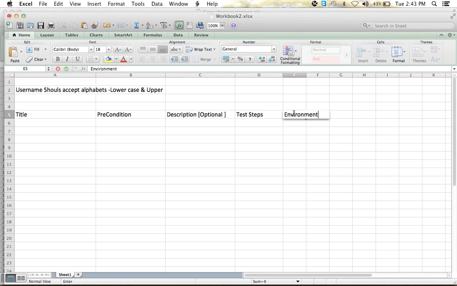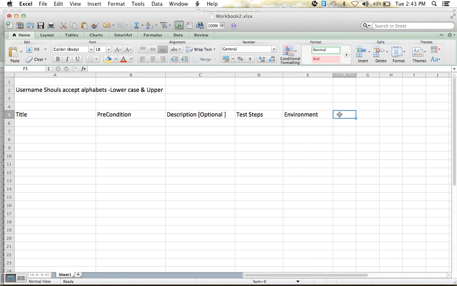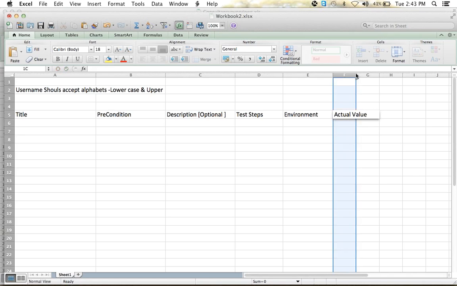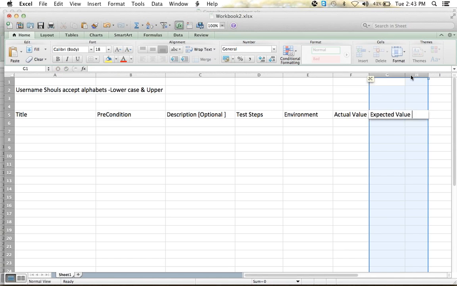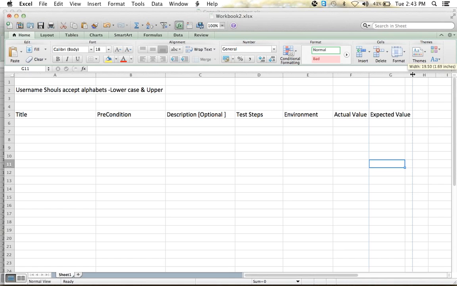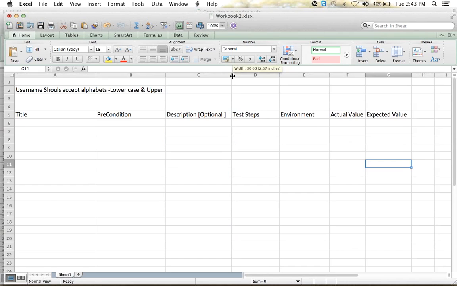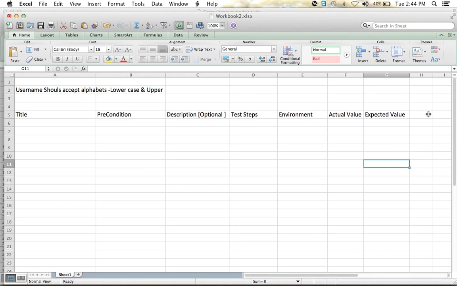Environment. Expected value. So if we are executing a test case, it means we are verifying actual and expected value, right? So we need to have these values also here. And there is an optional field called keywords.